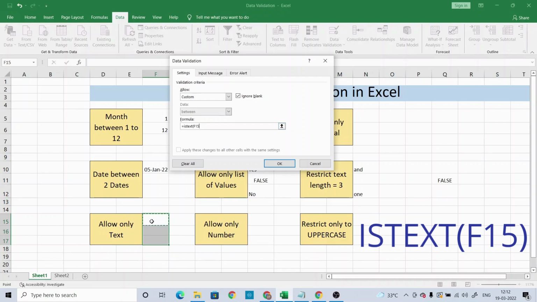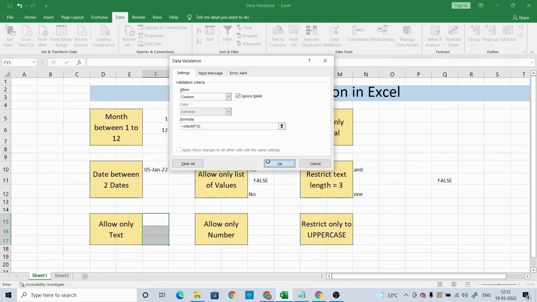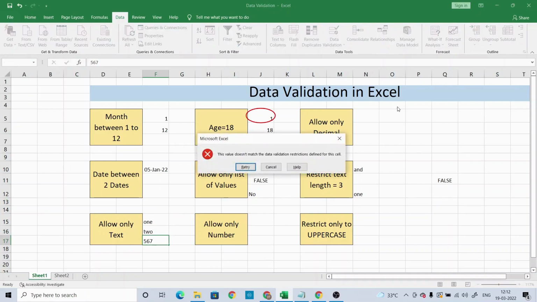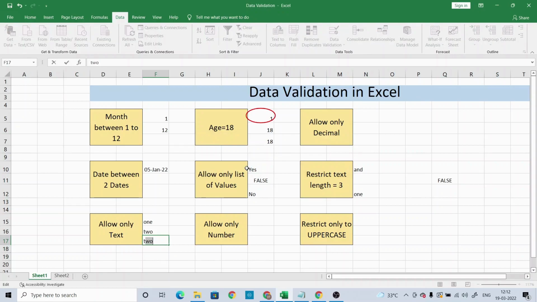Select the cell. You can select the first cell or any cell, and it will apply to the entire selected range. Okay, it's text, click OK. So now let me give a number. You can't. If you enter text, then it will allow. Okay, 1 2, again some number, it won't allow. Retry 3. So that's